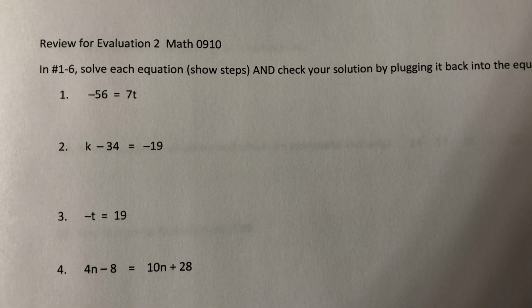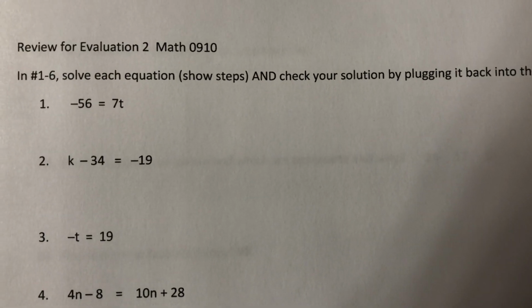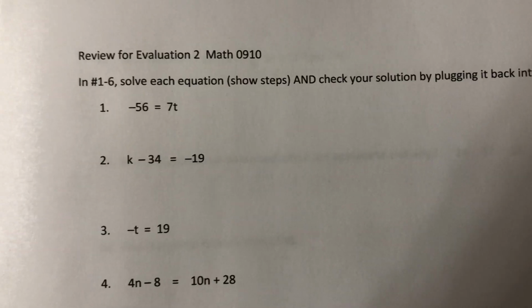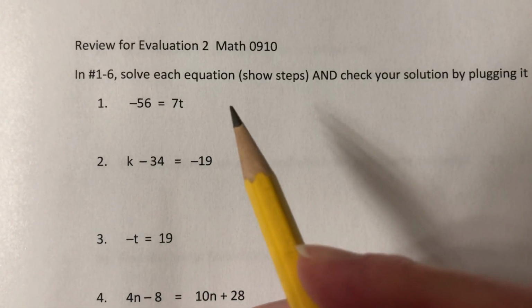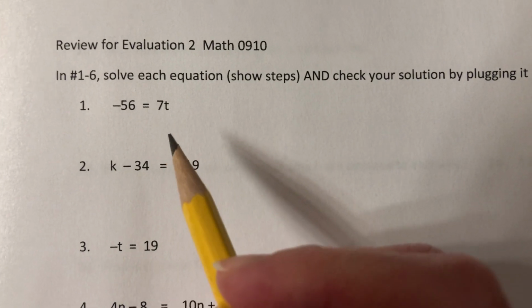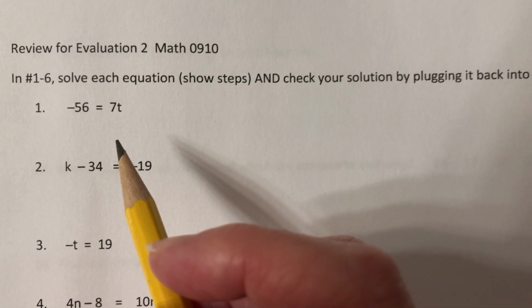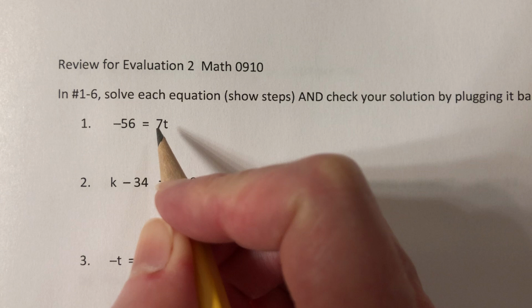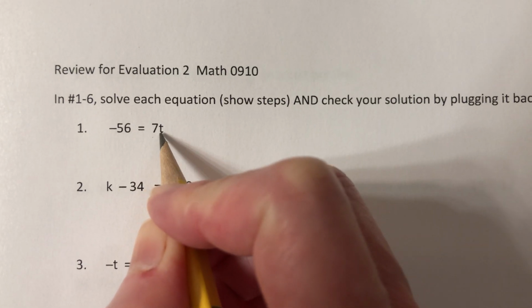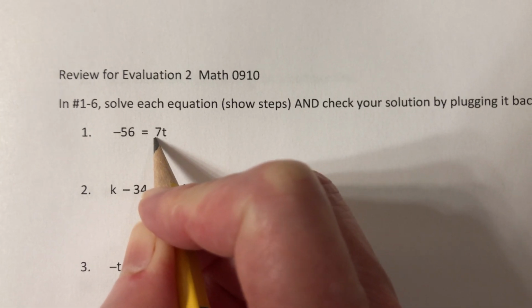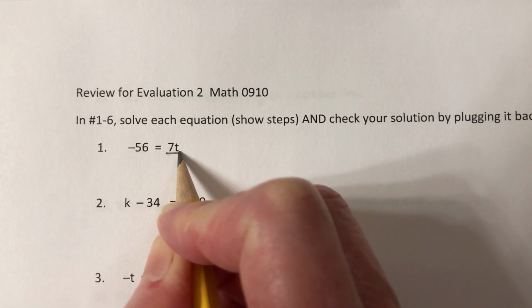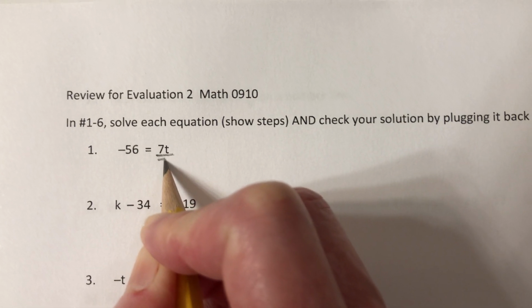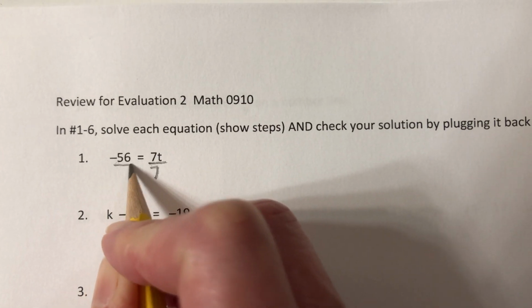In this video, we will be reviewing for the evaluation 2. In the first set, you'll be solving equations, showing your steps, and then plugging it back in to verify the answer. In the first one, because we're multiplying 7 times t, to undo multiplication, you want to divide by 7